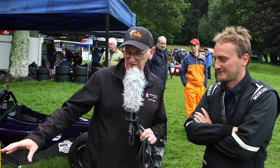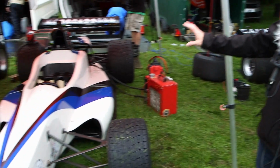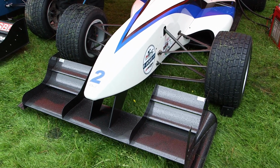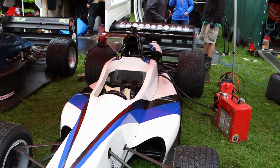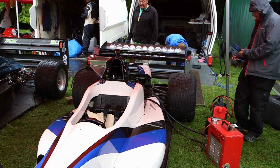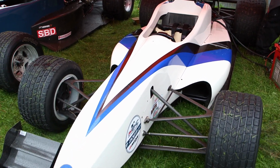Now, this is the car you're actually driving today. This is a DJ Firestorm. Yep. And this is a V8 engine one. Tell us a little bit about the car for anybody at home who's not actually ever been to a hill climb. They'd look at this and think, oh, it's a Formula 1 car, which a lot of the concept is very similar, isn't it? Yeah, I mean, the obvious thing is it is a single-seater,